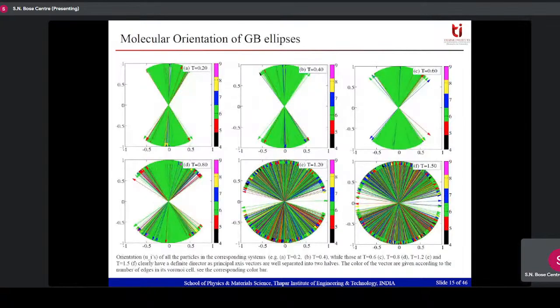And these are the orientations of each of the particles. So if you are at low temperature, mostly all of them are oriented in the same direction. And as you increase the temperature, they get randomized. So here solid, here nematic phase, meaning these are orientationally ordered. This is still a nematic phase, so you still have some orientation. The particles are a little bit oriented, so nematic phase, still not liquid phase.